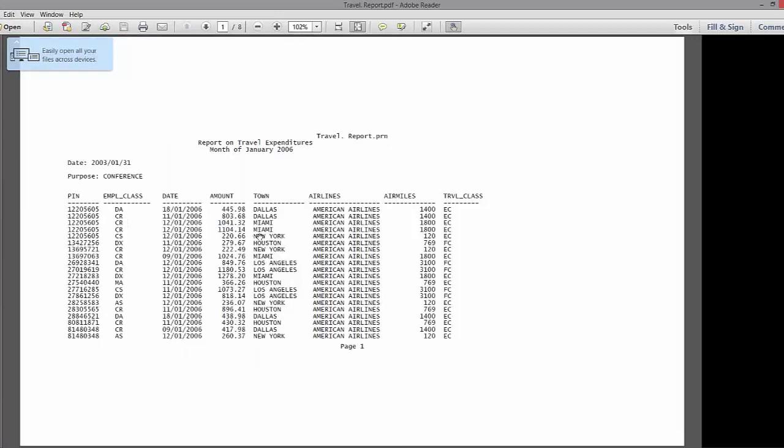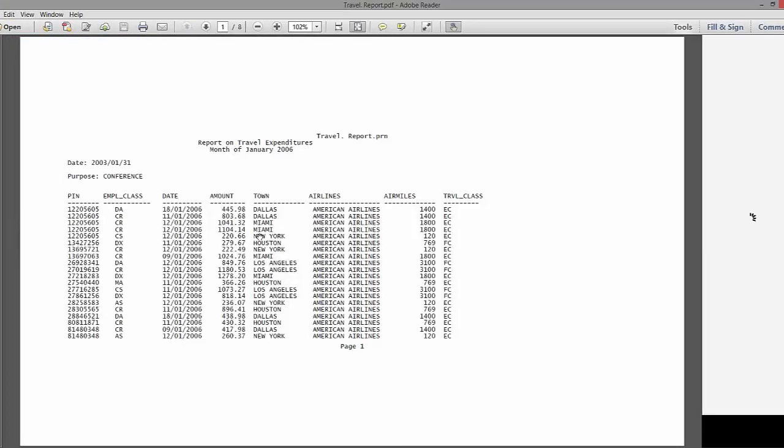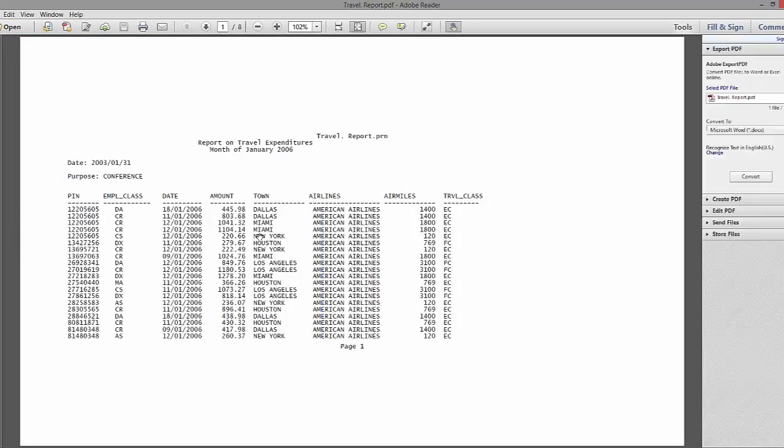The data that I'm going to bring in for the analysis is an expense reimbursement report provided to me by the business unit in a PDF format. It contains employee ID, classification, the date they traveled, the amount that was spent, where they traveled, the airlines they used, air miles they collected, and the travel classification that was used to do the booking. If I have 1 million records, 10,000 pages in this PDF,